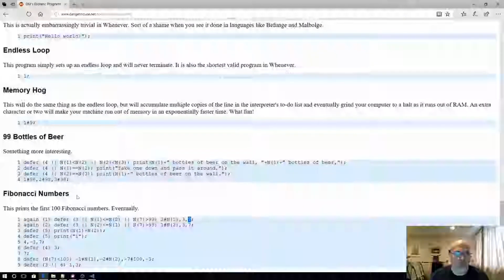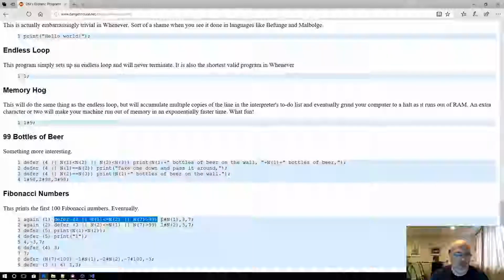So I guess what this is saying is, I say again 1, which means do it, but then I defer this from happening. But again happened first. So does that mean that it would only happen if you have an instance of line 1, which you would, right? Oh, except there's got to be a way to,